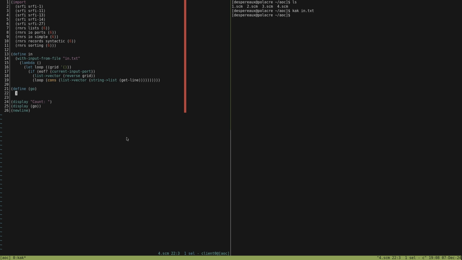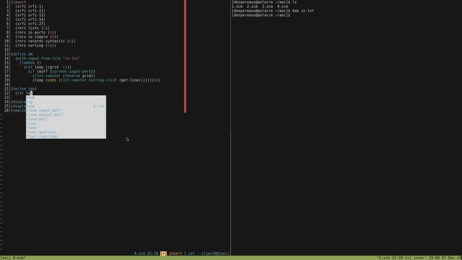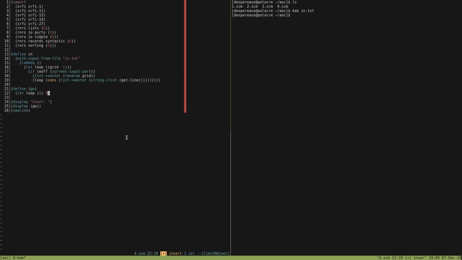What do we want to do with it? We really do just want to brute force this. I mean, I don't really want to brute force it, but I think it just makes sense. So, yeah, let loop i 0, j 0, n, I guess, 0. And then what we're going to do is, I guess we're just gonna